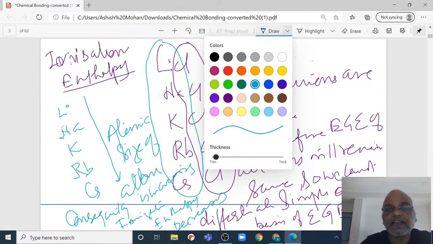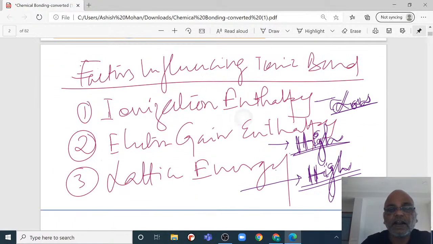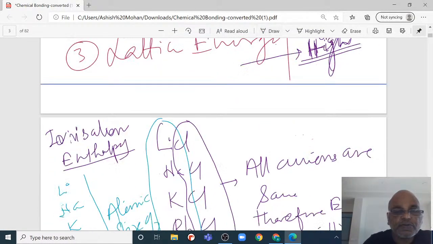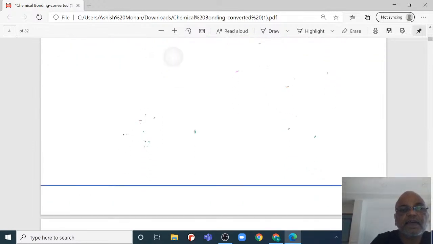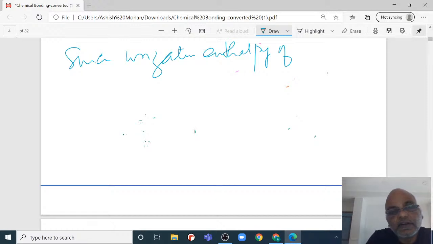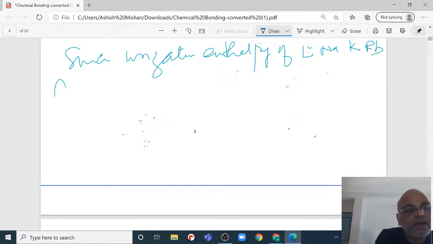So how should the ionization enthalpy be? As I told you, ionization enthalpy for formation of an ionic bond should be low. Therefore, what will happen? Down the group, since the ionization enthalpy of lithium, sodium, potassium, rubidium, and cesium is decreasing,